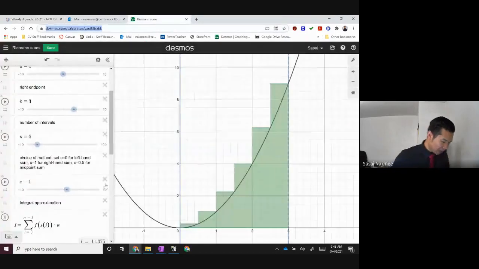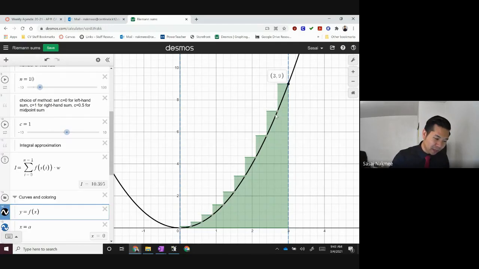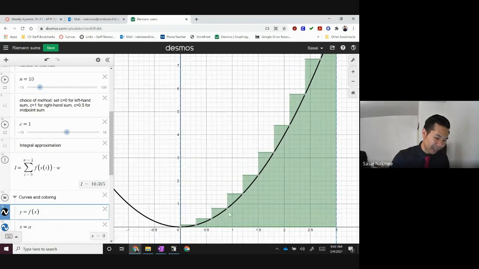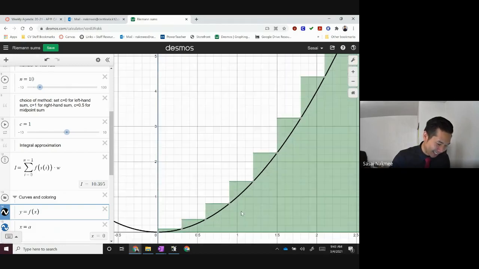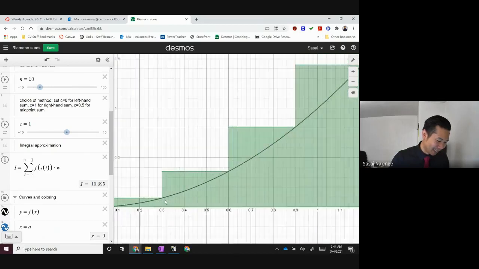So let's go back and, like I was saying here, check this out. You can increase the slider for your n, and you get more rectangles. If I wanted n equal to 10 rectangles, I could just slide it over to 10, and you can see the 10 rectangles right here. Oh God, I zoomed in, so I messed up the click. All right, anyways, let me zoom in a little bit more here. So check this out.